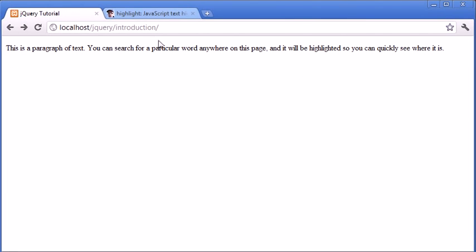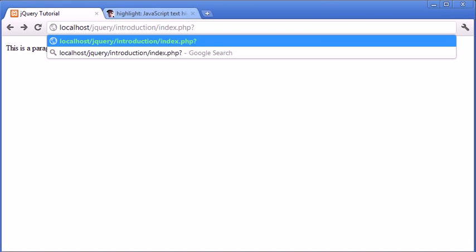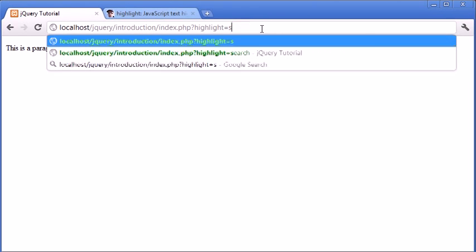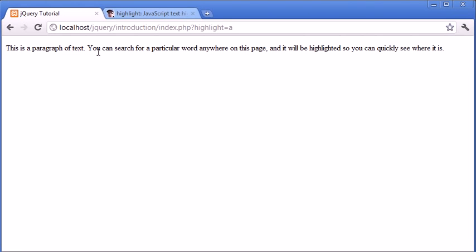We're first of all going to be looking at it in terms of sending a variable to the particular page. For example, at the moment we're on index.php and we're going to be highlighting a particular word. So for example, search. The first thing that this will do is highlight any words on the page with the search term search. So this word here will be highlighted. For example, if we were to change this to A, every letter A in here would be highlighted just here. So let's go ahead and first of all look at how we're going to install this plugin,